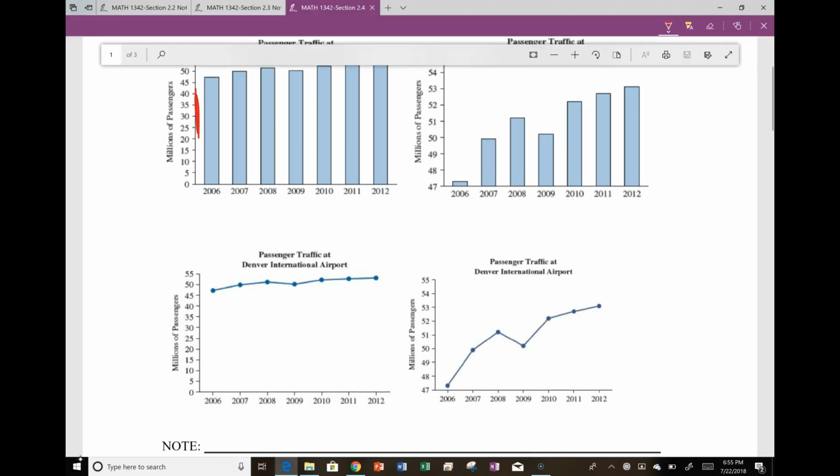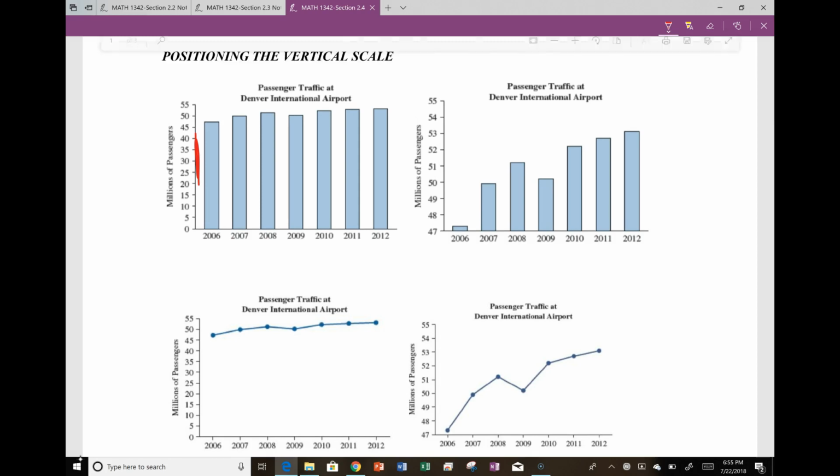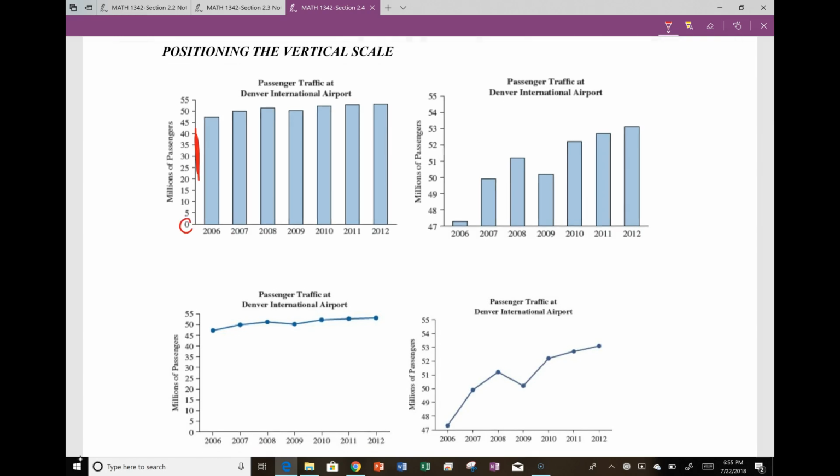When we're talking about the vertical scale, we want to make sure that we always start at 0. If you'll recall, whenever we did the time series, I did say that you could have a break here. The only thing is, if you have that break, make sure that you're consistent on where the break is, especially if you have multiple sets of data that you're looking at. Each data set where you're looking at the graphs needs to have the same break and the same type of scale. Notice this one, we're counting by 5s. Here, we're counting by 1s, but we didn't start at 0.